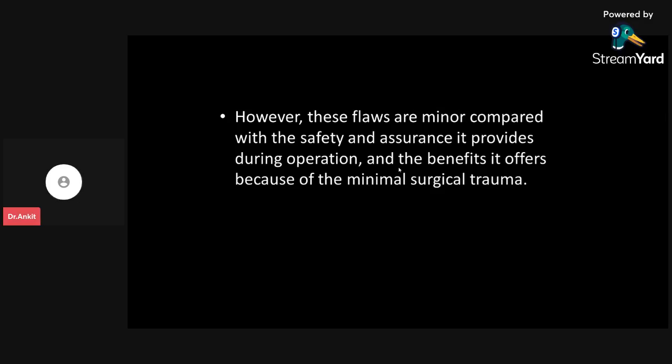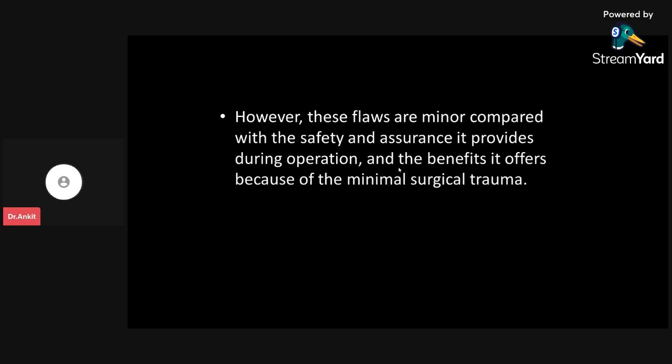However, I'll repeat that despite these flaws, they are very much minor in comparison to the assurance, the safety, the preservation of the anatomical structure, the long-term success of the surgery, and the health of the marginal bone in and around the osteotomy site. These are the things which give a very huge advantage, a USP, to Piezotome in comparison to the